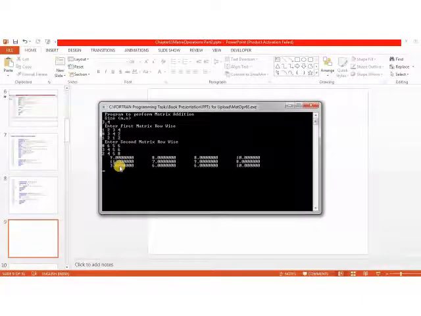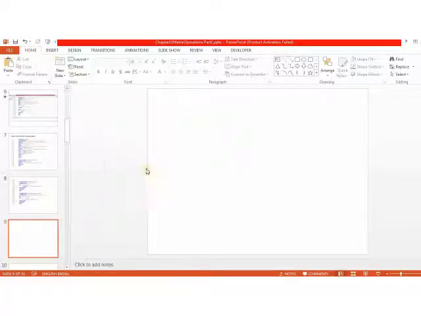You can check the elements to see whether the calculation has been performed properly. So 1 plus 8 is 9, then 2 plus 6, 8, 3 plus 5, 8, and 4 plus 6, 10. So the first row has been calculated properly. You can check the last element, 8 plus 2, 10. So this is how matrix addition is performed using subroutines.